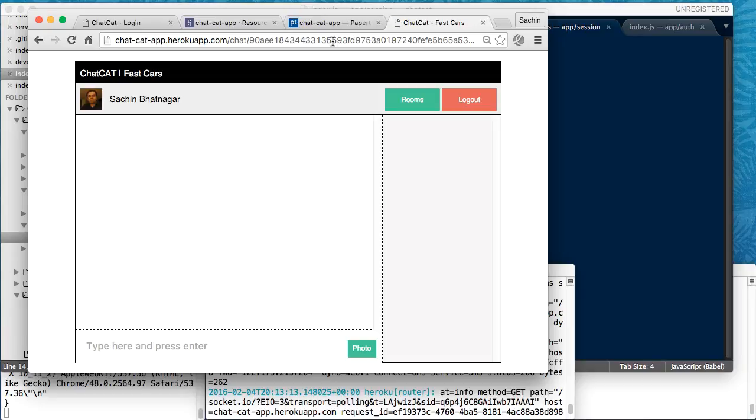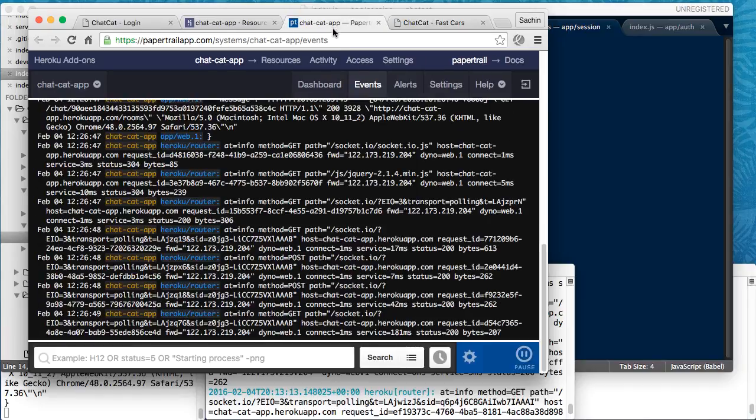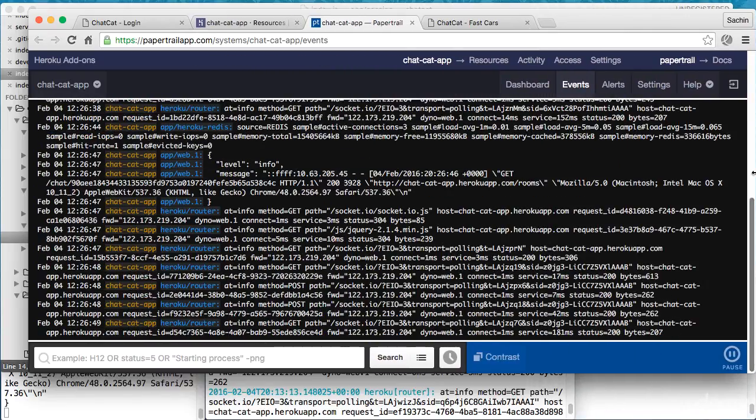Now, if you go back to Papertrail, you can see your logs neatly streaming in this UI. Isn't this super cool? You can just log into Papertrail now, and this is where all your console logs would be available live and streaming all the time.